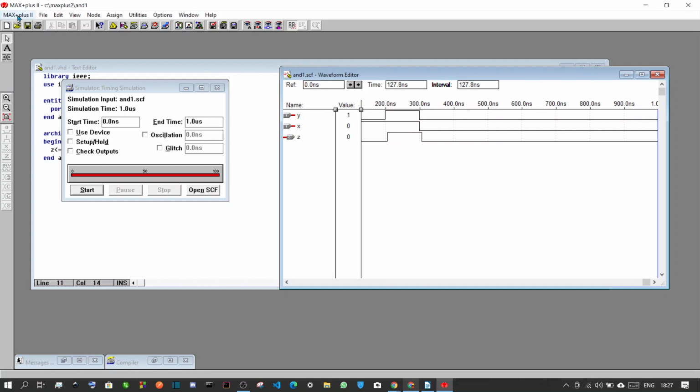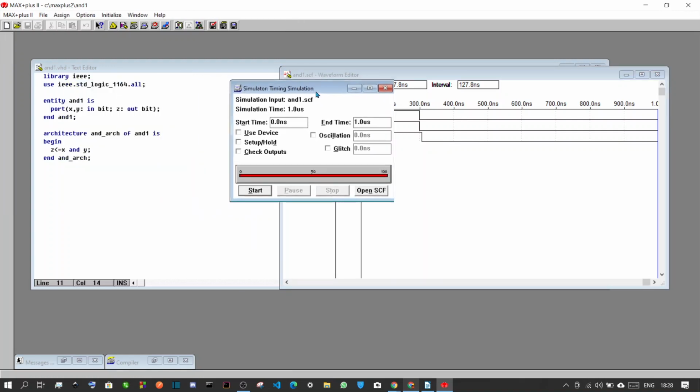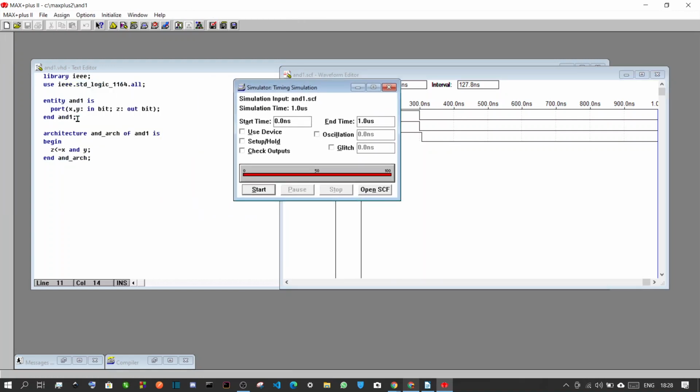Then click on MAX+PLUS II and click on Simulator. Press Start and this will give you the result. One more important point to note is you have to save this VHD file by the same name that you have declared the entity. So that is it.